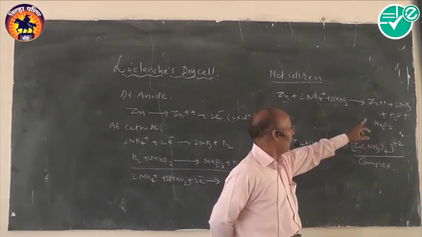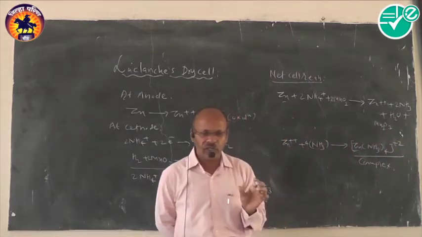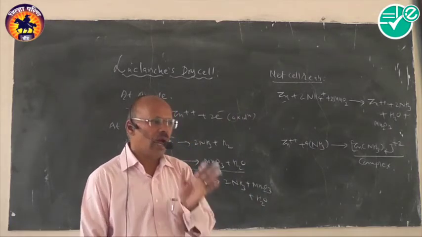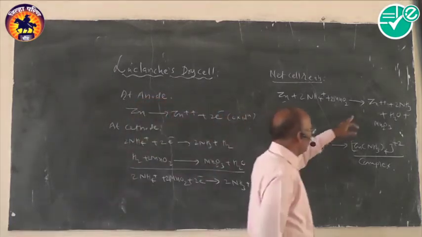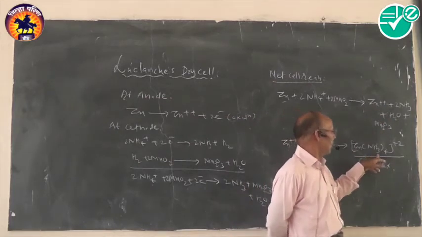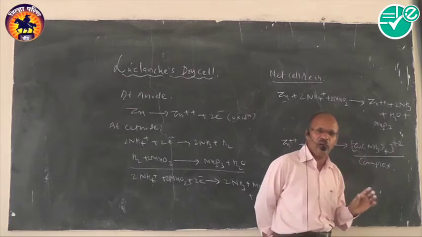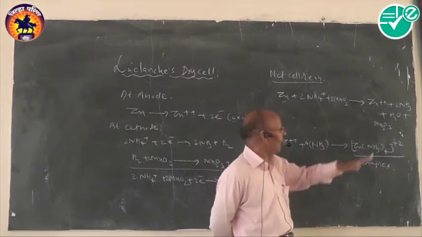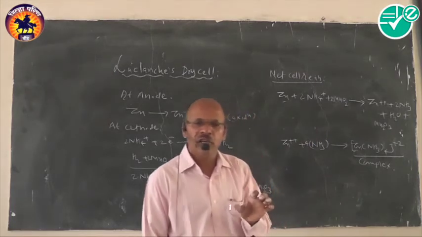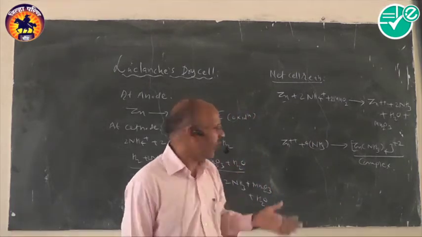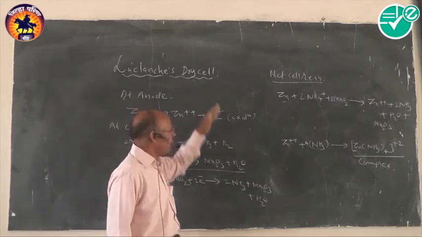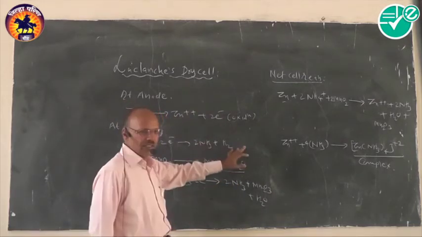In that sense, you have to remember here that during chemical reaction, these cells particularly produce water molecule, ammonia. The free ammonia generally forms a much more stable complex with the zinc ions, and by that way there is liberation of the water molecules here. These water molecules liberated generally decrease the life of the dry cell, and by that way that cell can never be recharged. In that sense, you have to follow the speciality of the dry cell like this.